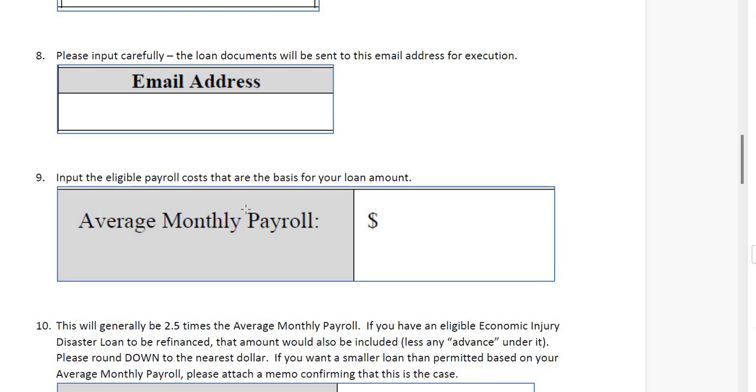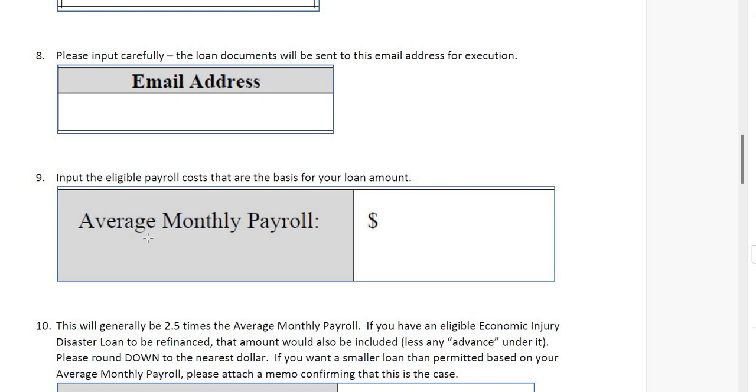It doesn't indicate anywhere in the box average monthly payroll to check a year to indicate which year you're using, or if you're using the trailing 12 months. And nowhere here does it state that the applicant is to apply with its then average monthly payroll, or the monthly payroll that it has on the date it fills this 2483 application out. Simply states average monthly payroll. Leaves it a little